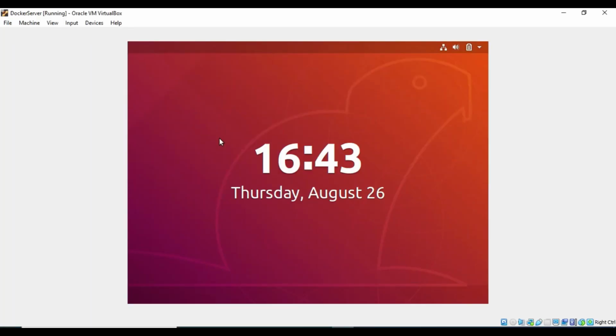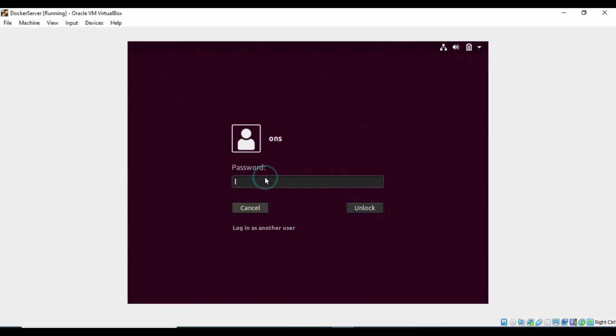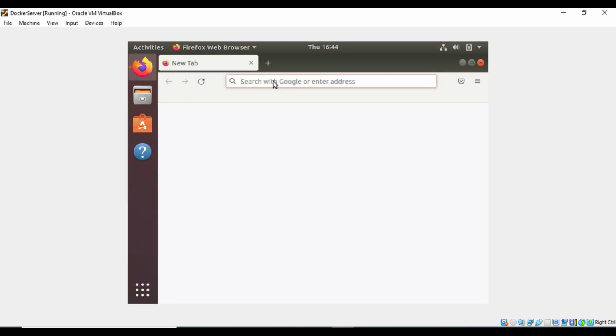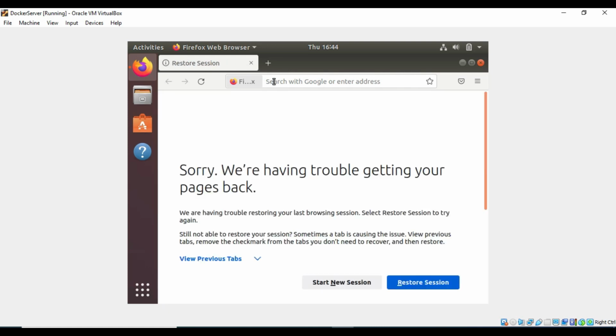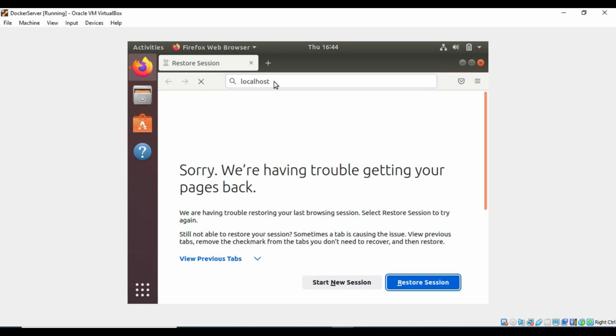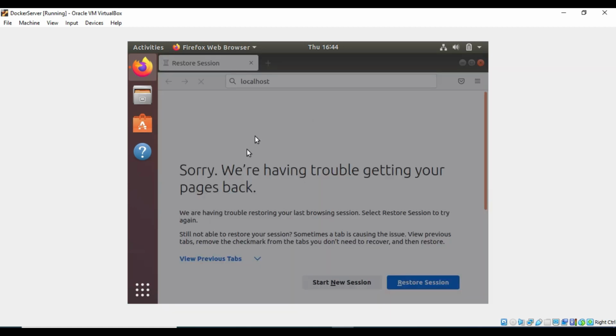So if we want to access this nginx from our physical system or not, we will have to check it on our VM system, where we have installed our Docker container. We have bound the port with port 80. So we have to open the Firefox web browser first. If you have Google Chrome, you can run Google Chrome, and after that you have to type localhost here because it bound your localhost port 80, and put enter.